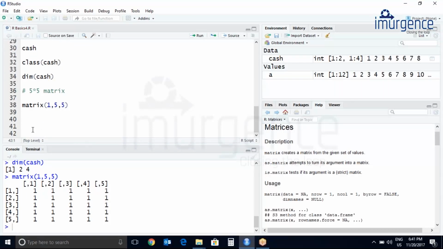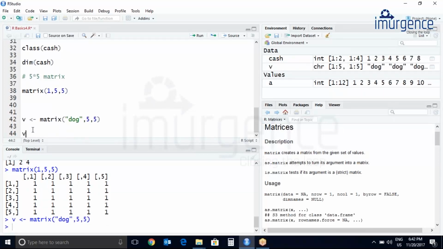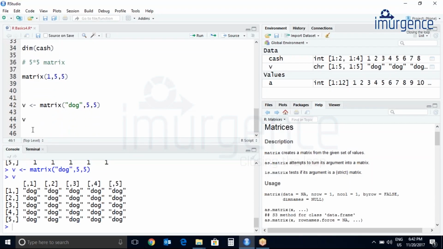Let's try to create another matrix and let's store it in a particular variable. Let's create V matrix. Let's add a character, comma 5 comma 5. Let's create V. Okay, so V is created. Let's just print V. Now here you can see this is a character matrix because we have added a character